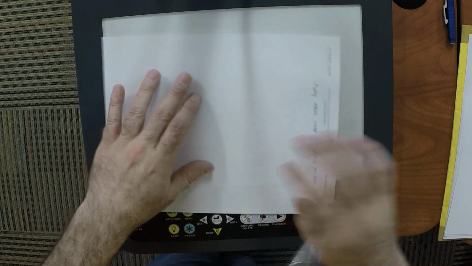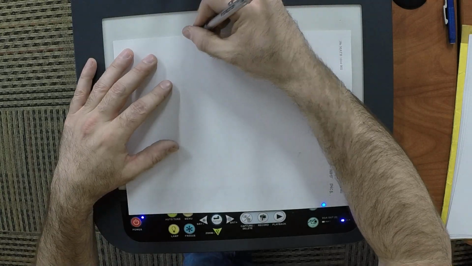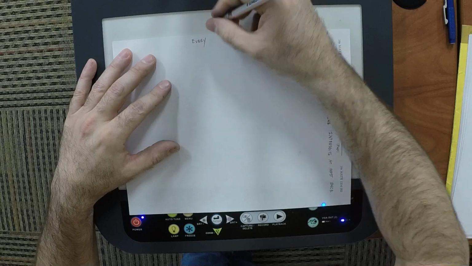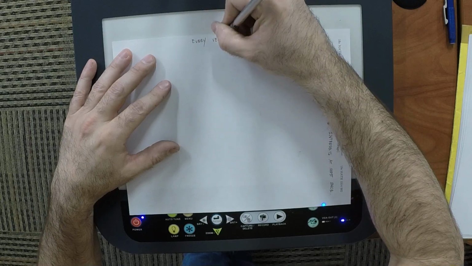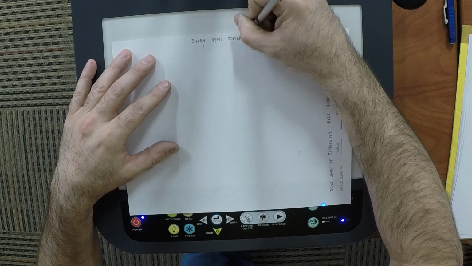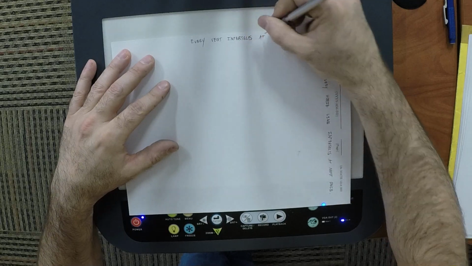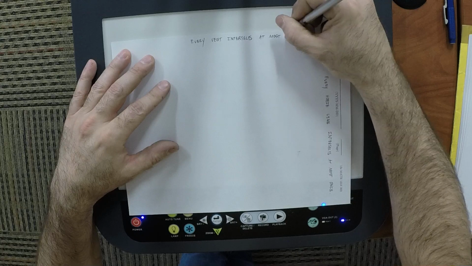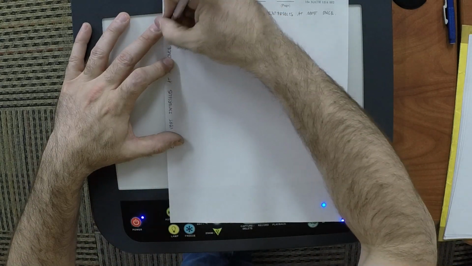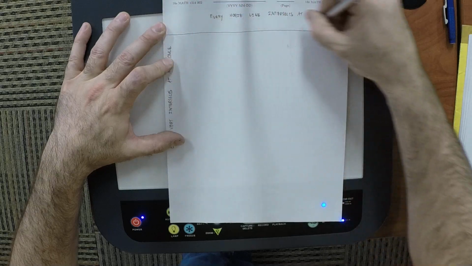Now I'm going to turn the page 90 degrees and write the question: every vertical line intersects at most once. Now, concerning these statements,